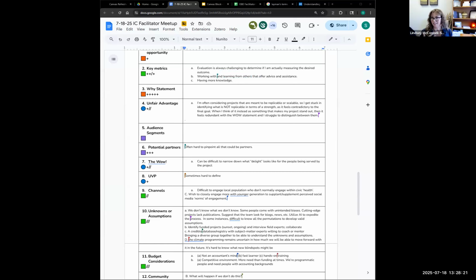I get stuck trying to think of that as a strength when my ultimate goal is that this is accessible to everybody, or I want it to be. So I get stuck on whether this is a strength or a weakness. And if I think of it as a strength, then when I get to the wow statement, it feels a little bit redundant, and I have trouble distinguishing between the two. So I ultimately maybe just end up concluding these are similar categories sometimes, and maybe I don't have to have something so distinct between them, but it can catch me up a little bit.